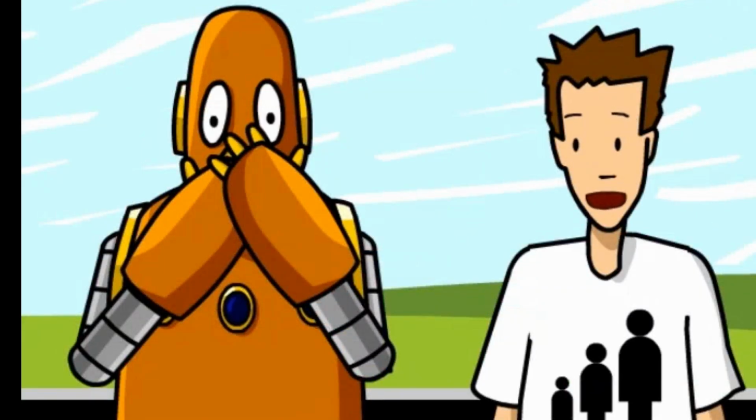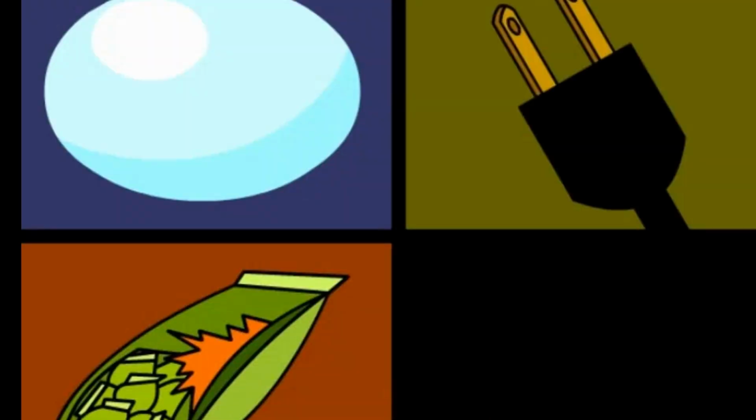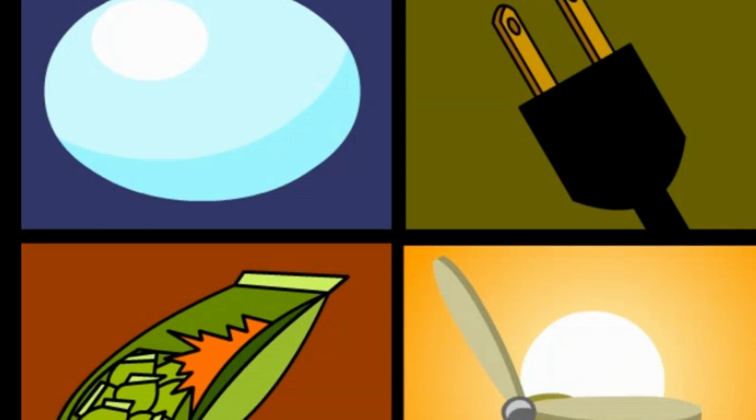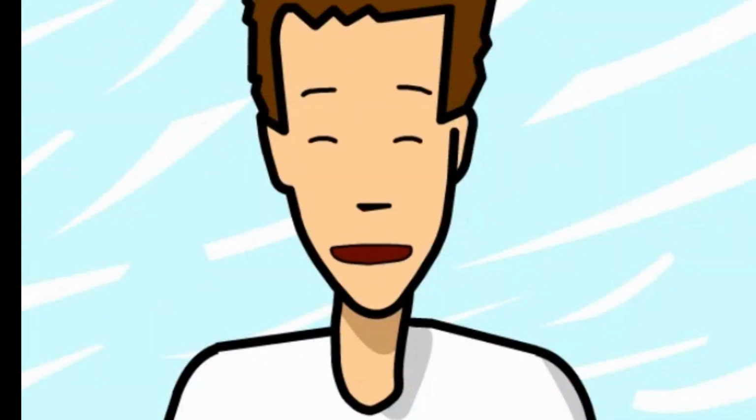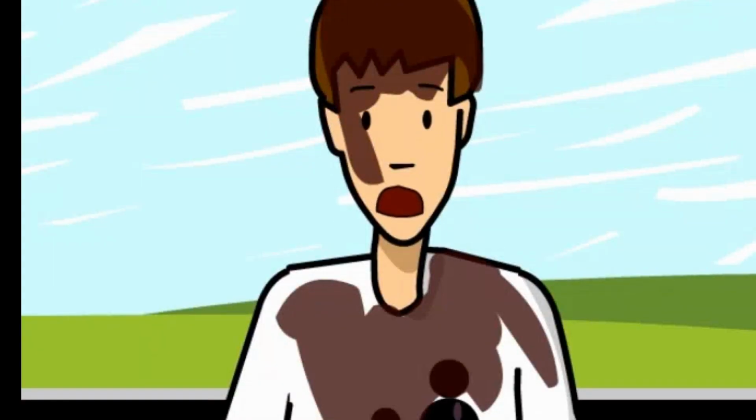Well, there are plenty of things we can do to reduce the amount of resources human beings are using. We can reduce our water and electricity consumption, stop overpackaging factory products, and work on alternative energy sources like solar power and wind power. There you go. Recycling is a great way to reduce the amount of resources we use. Although it might be a good idea to drink the soda before you try to recycle the can.